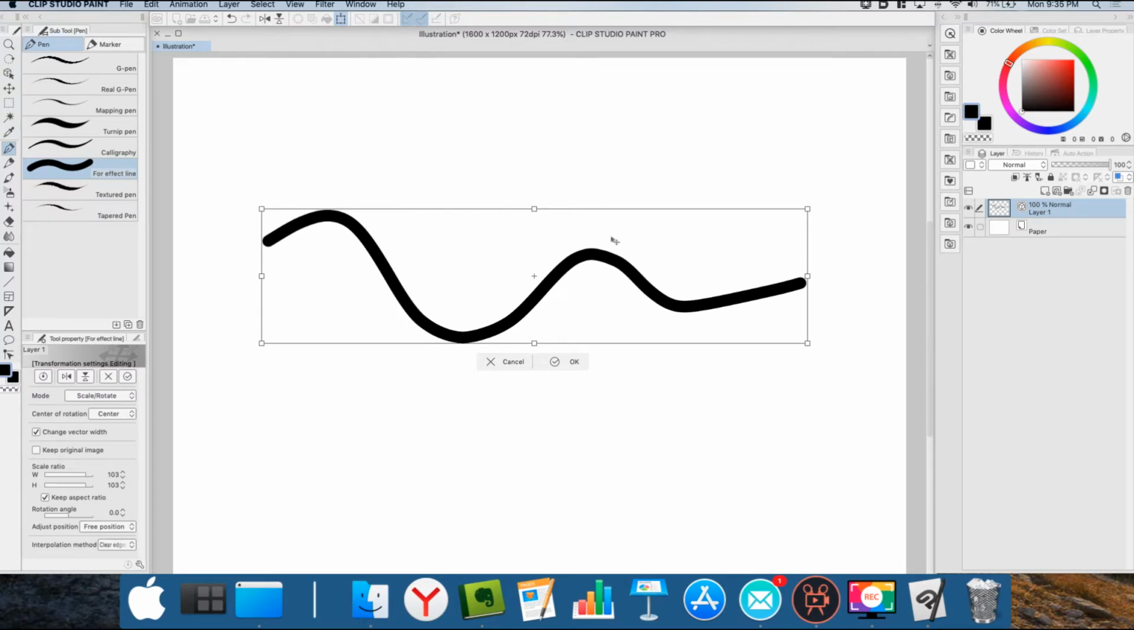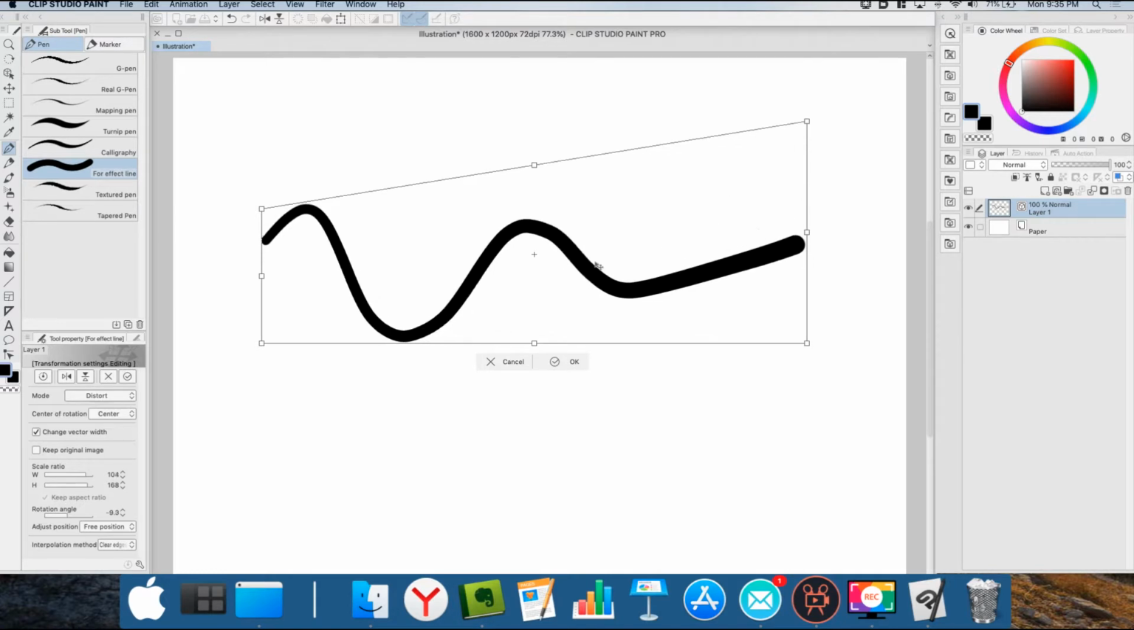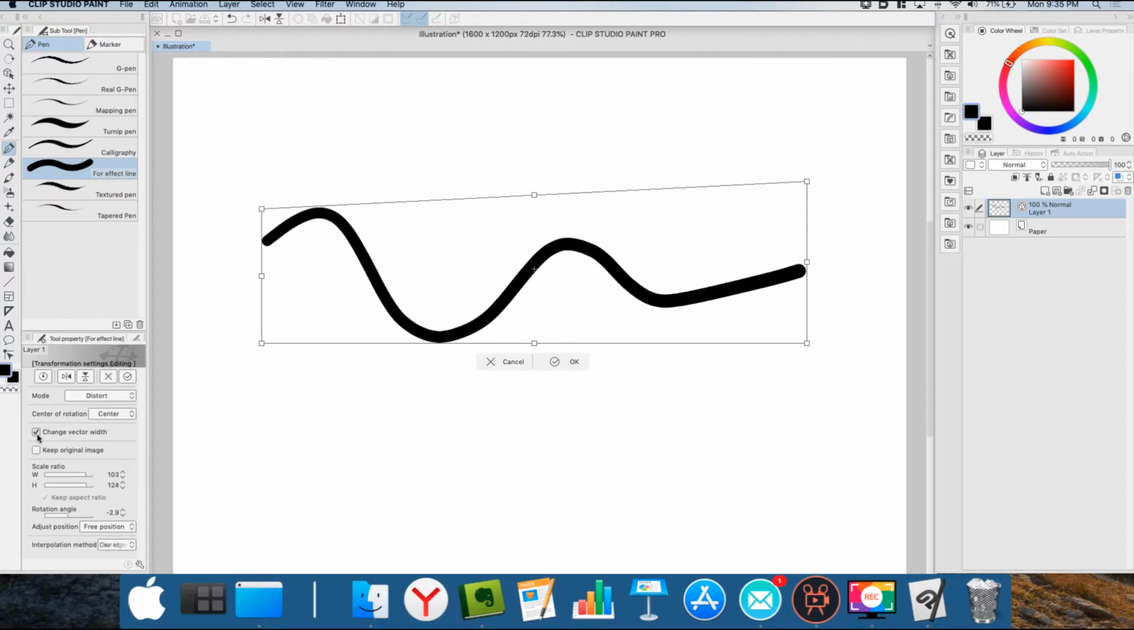And you see here that when I selected that option, what was in the tool properties panel changed. And under here where it says mode, I can select how I want to transform this. I can say distort, and now it distorted. And the thing that's beautiful is that this is vector. And I could also change the vector width if I want to. Now it's a little too late since I already did, but I can uncheck that